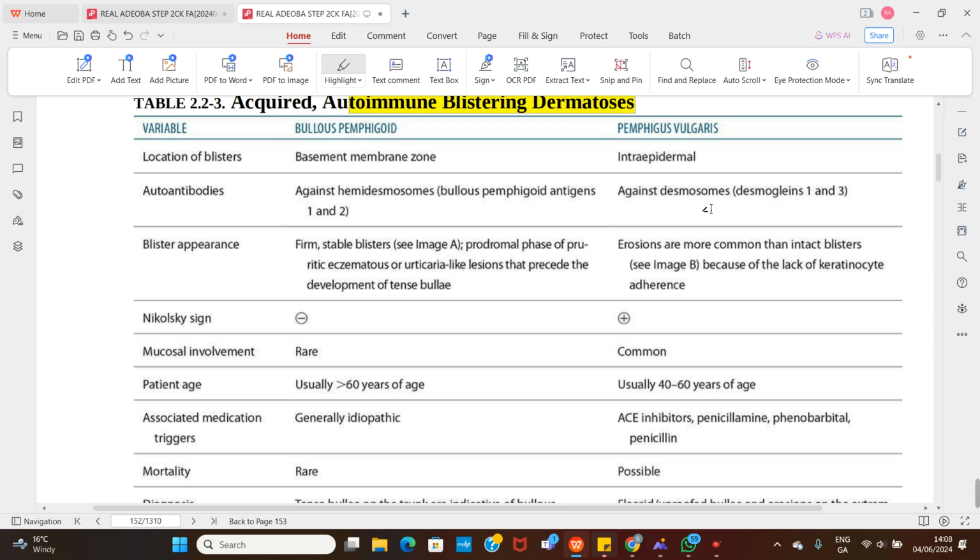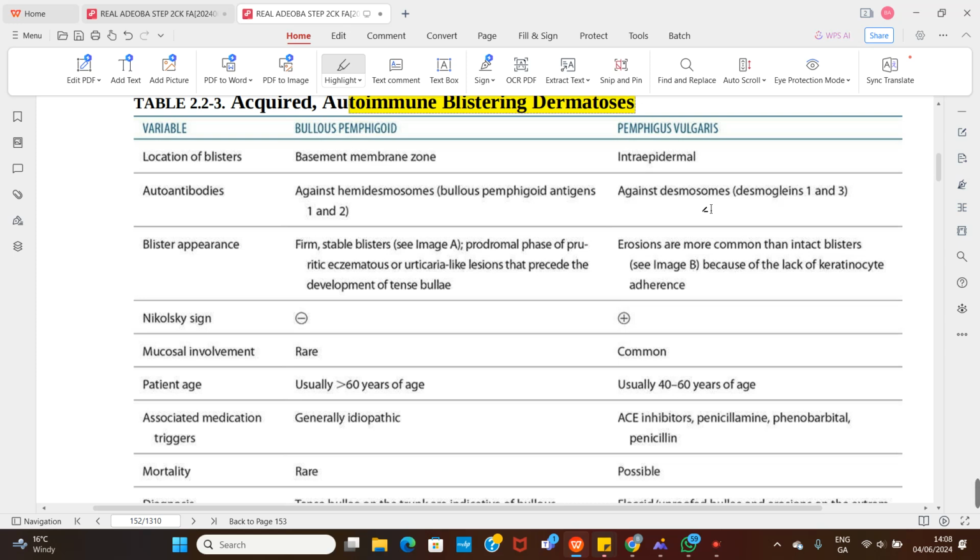So pemphigus is bad compared to bullous pemphigoid, because in bullous pemphigoid the blisters are tense, so they are stable. They rarely rupture, right? And sometimes you can have some eczematous rash or urticarial rash that precedes the development of the tense bullae. But you have to take home the fact that